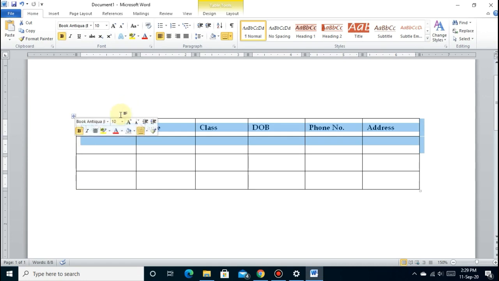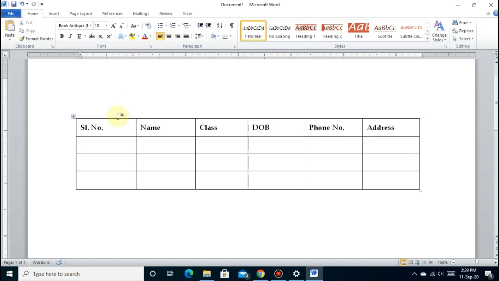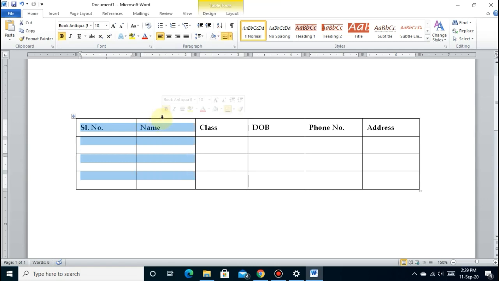Similarly, you can select a column. You have to bring your mouse pointer just above the column which you want to select. Then you can see the mouse pointer is changed into down headed arrow. So click it to select single column, and if you want to select more column, then without leaving the mouse button drag it. So in this way you can select single or more rows and column.